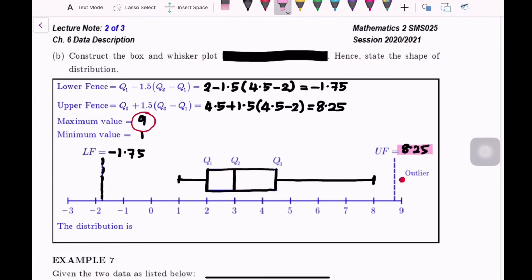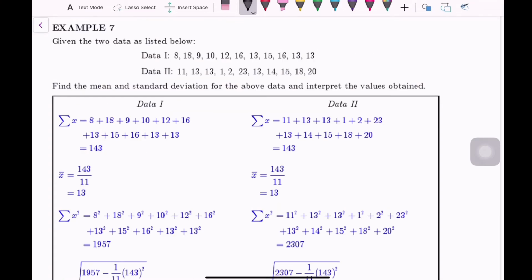From the box and whisker plot that we have, we can see that the right side is longer than the left side. So the distribution is skewed to the right. Example 7. Given the two data as listed below, data 1 and data 2, find the mean and standard